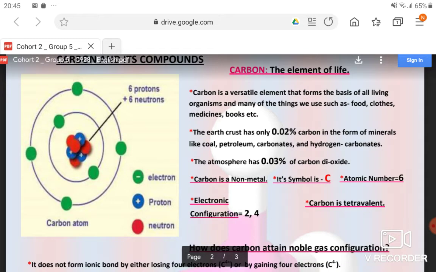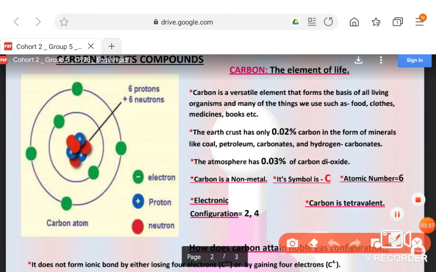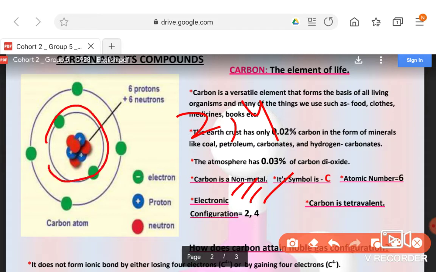Because it contains 6 electrons, atomic number is 6, so electronic configuration would be 2, 4. You have already seen how we divide the electronic configuration. In the first shell 2 electrons are there, and in the second shell the 4 remaining electrons will be there, which is shown by this beautiful diagram. The first shell contains 2 electrons, this is the nucleus, and this is the first shell. There are 2 green dots, that is 2 electrons represented, and 4 electrons in the outermost or second shell, or last shell you can say. It contains 4 electrons. From there the whole bonding will arise.